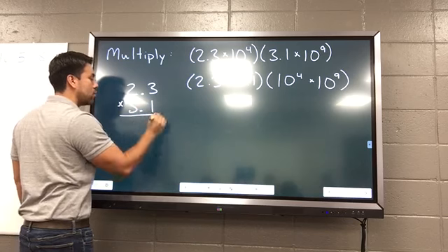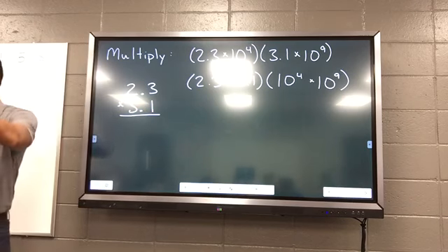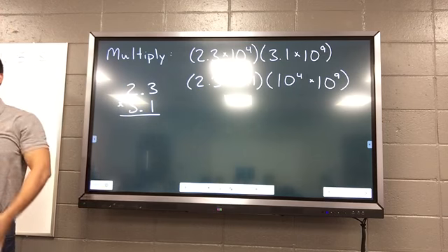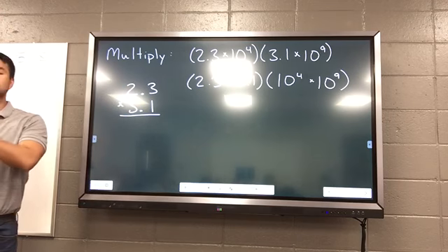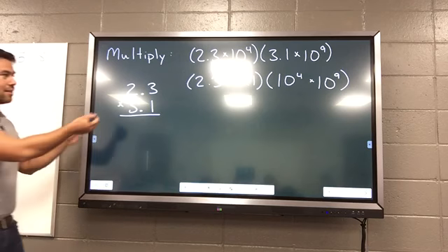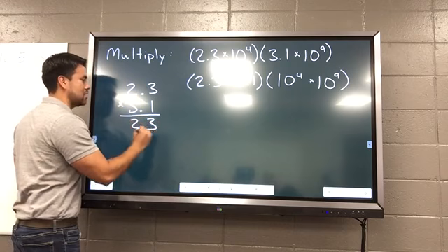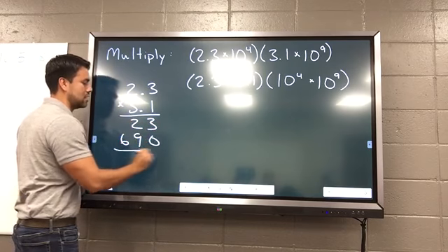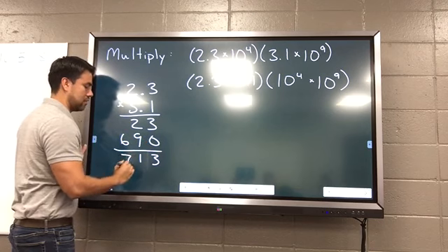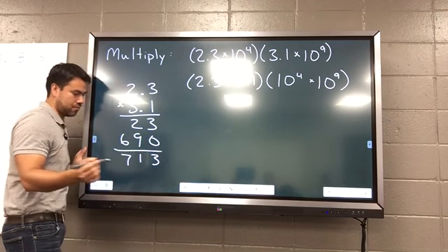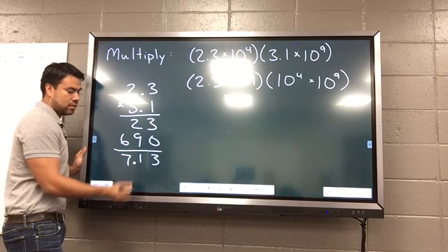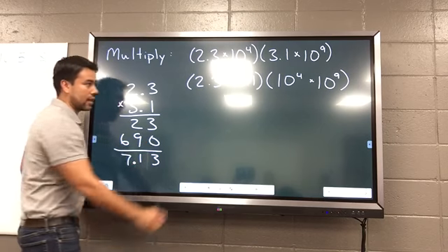By the way, when you're multiplying decimals, do you have to line up the points? No. When you're multiplying decimals, no. They don't have to. So get my 3, 2, 0, 9, 6, 3, 11, 7. Decimal point goes between the 7 and the 1. So I got